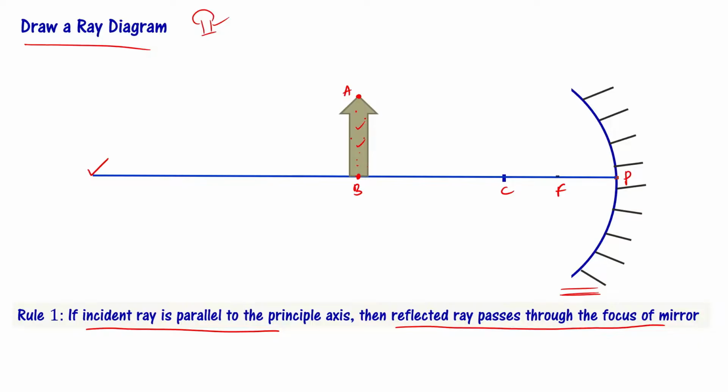For every point, we can draw ray diagrams. Okay, but to represent, what we generally do is we draw a ray diagram for one particular point, that is A. Of course, you have to do it even for B, but forget about that for the time being. Let's say we want to draw a ray diagram for point A, so that we'll get point A in the image. The image of point A we are going to get, right? So first we are going to use an incident ray that is parallel to the principal axis.